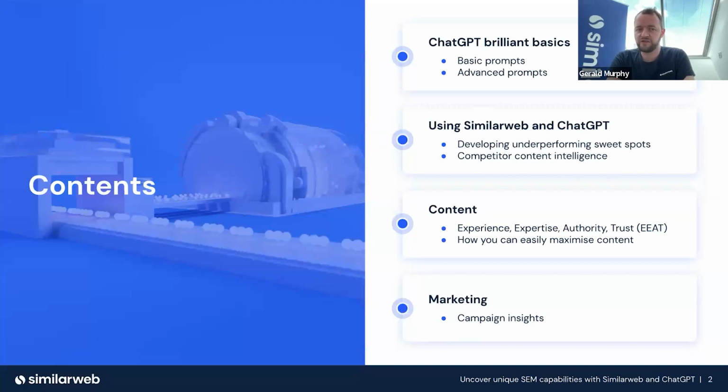So without further ado, let's look at the materials we're going to begin with in today's webinar. The first is making sure you can use ChatGPT, and one of the ways in which you can do that is to use things called prompts. So we're going to be analyzing what these prompts are, and more importantly, we're going to be laser focusing on this for search marketing.